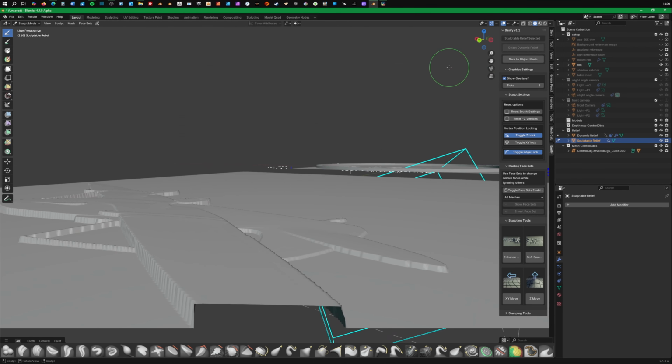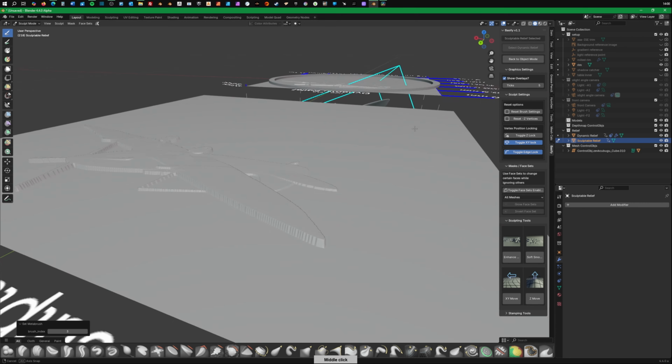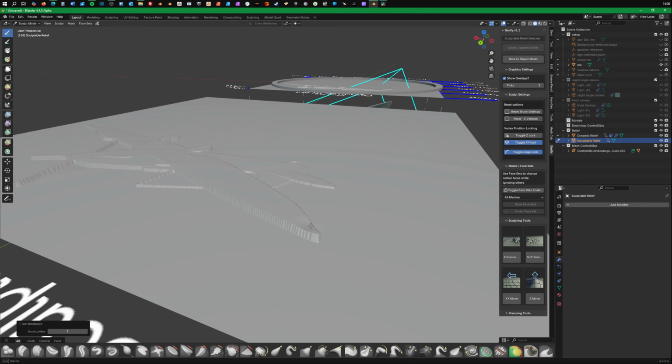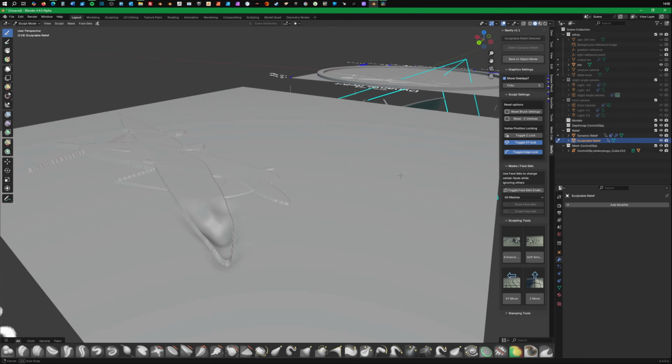We've also got a Z up and down move. So we can do something like this. This is not how I would approach flattening down these wings, but if we feel like the end of this wing is a bit high, I'm going to just drop that down, push, and what I've done is made quite an ugly dent around the outside.